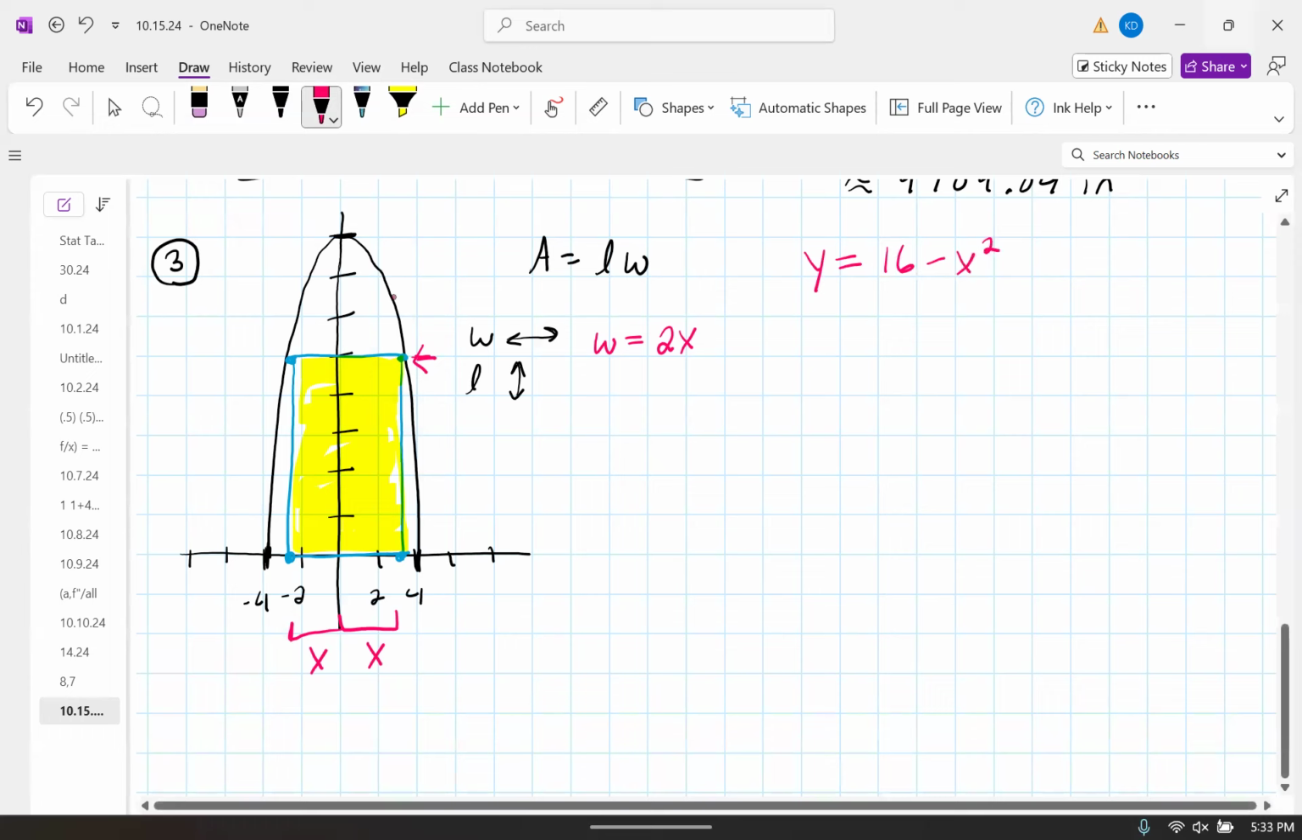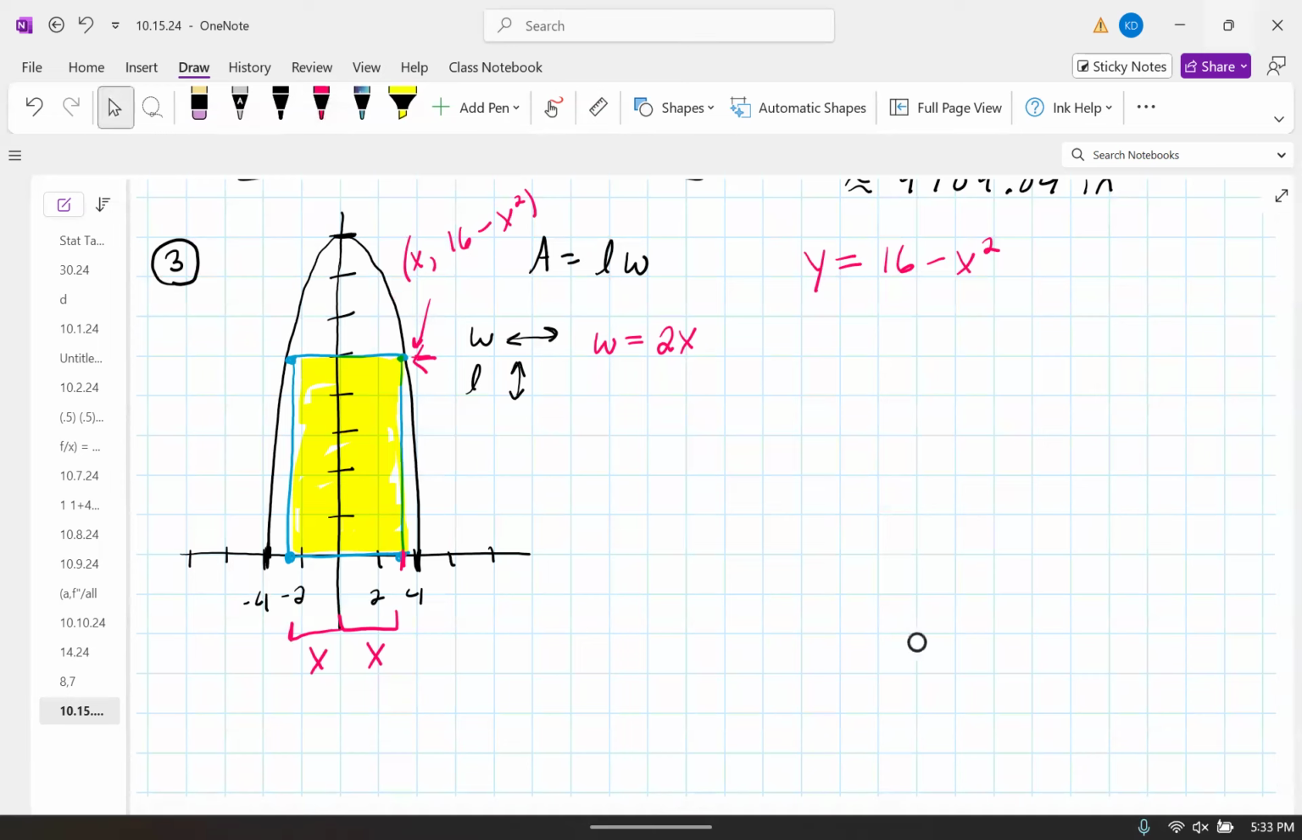Yeah, so if this point here is X, this point up here is just going to be (X, 16 minus X squared). We don't know what it is, but we know it in terms of X, because that's our equation. So the length